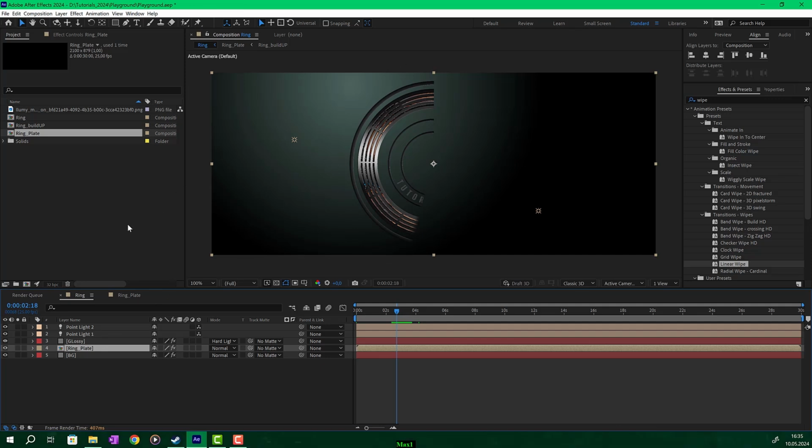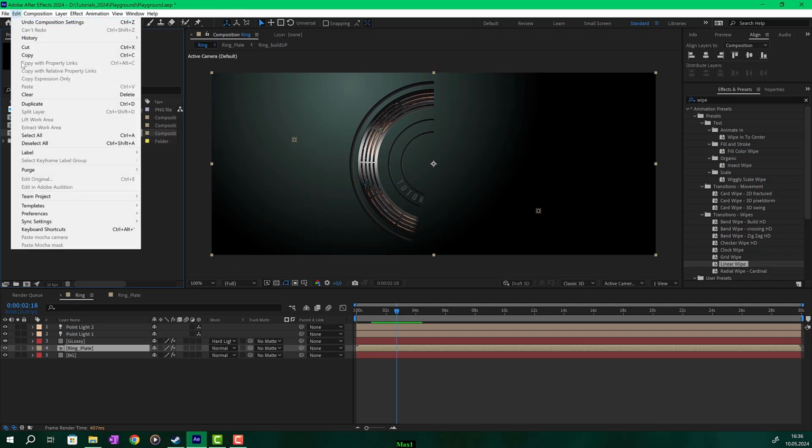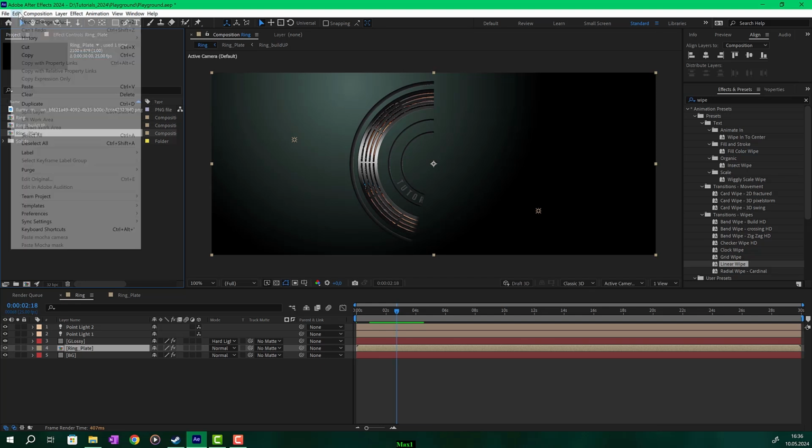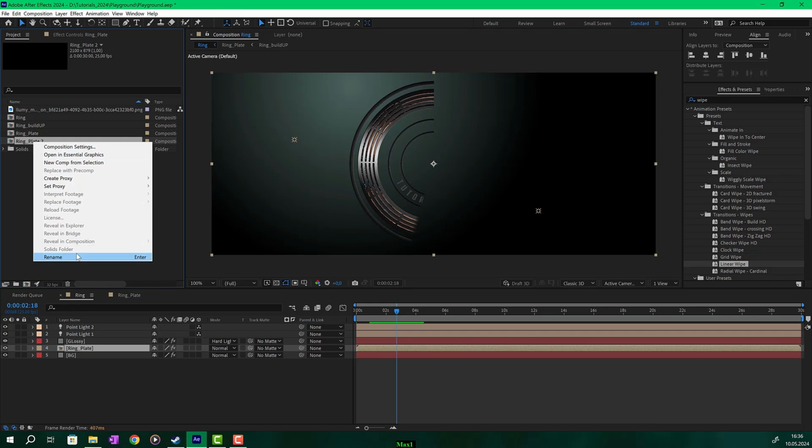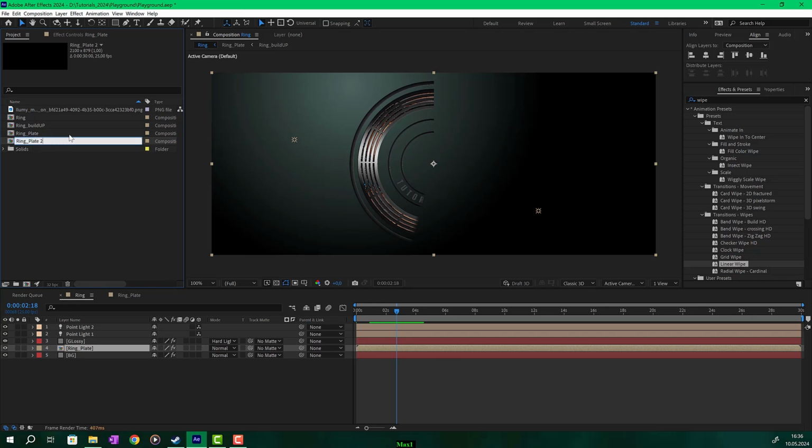Okay, so now we need this copy. So we go to the ring plate. This is the one we will duplicate. And for this, please go in the project and find the ring plate in the project settings. Do not copy it from here. Otherwise, you will not have a standalone copy. We need a new standalone copy. So important thing, go to ring plate, edit, copy, edit, paste, and now rename that to ring plate